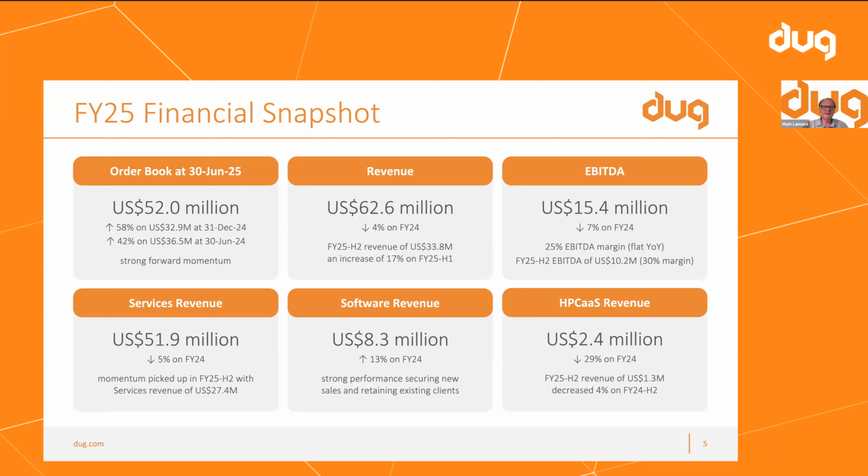Services revenue down a bit as expected. Software revenue up 13%. Look, I keep talking about software when I'm talking to you folks, and I'm really excited by it. And we did increase our growth, but the edge was taken off it because of a few accounting things. But I expect that, watch that number. We're going to continue to grow that growth number, I believe strongly. And HPC revenue, as I said, is disappointing, but it's a very small part of our business, but it's very important for software.